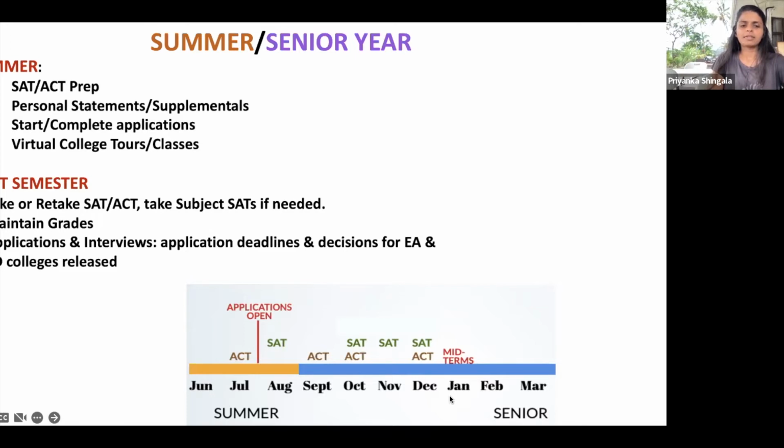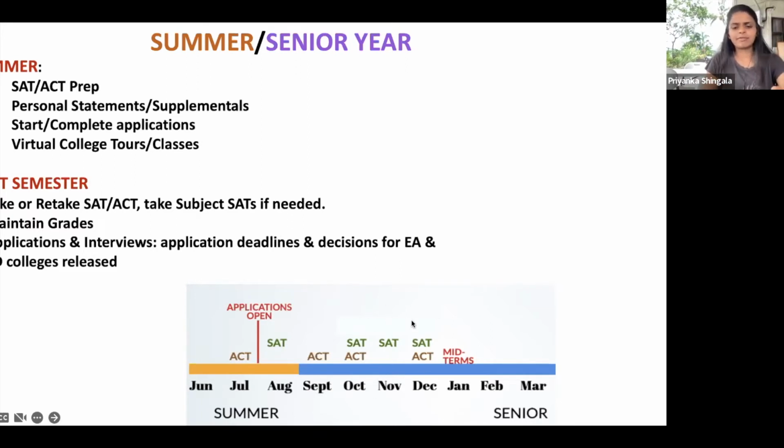Now, with that said, your midterm grades, your first semester grades are not going to be in yet. So you have to make sure your first quarter grades are sent in. And then once your midterm grades and semester grades are in, that you send in those grades as well. So you have to be on top of it when it comes to your transcripts. Other stuff, applications. So we'll talk about the different cycles, but honestly, we can just do that now.